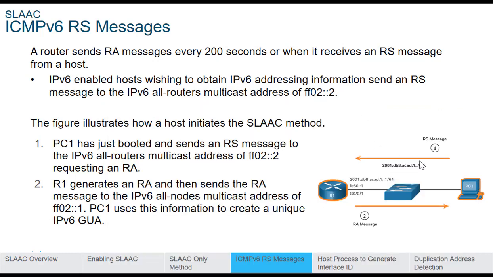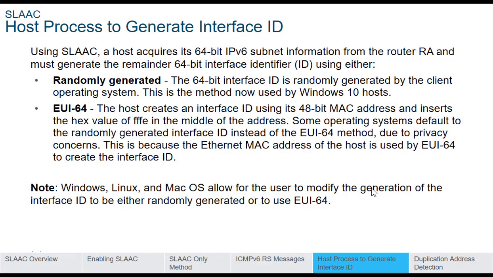Okay, RS messages are being sent to R1. R1 responds with an RA message with the information that will be used by PC1. So PC1 uses that information to create a unique IPv6 global unicast address. Okay, so the second last concept, host process to generate interface ID, I think we've